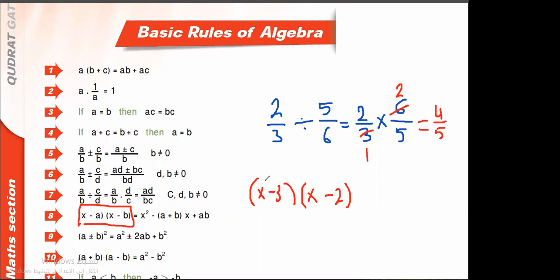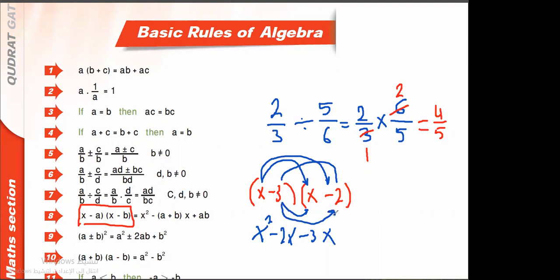The long way, you can multiply directly. So you multiply x times x, it is x squared, right? And x times minus 2, it is minus 2x. Good. What about this? Minus 3 times x is minus 3x, right? So what about minus 3 multiplied by minus 2? It is plus 6. Good? Right. So you can add now, because this term and this term are the same,